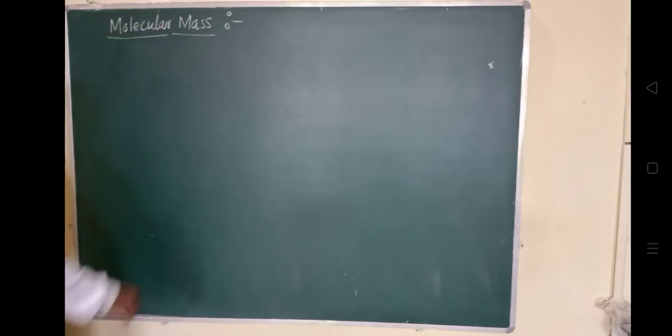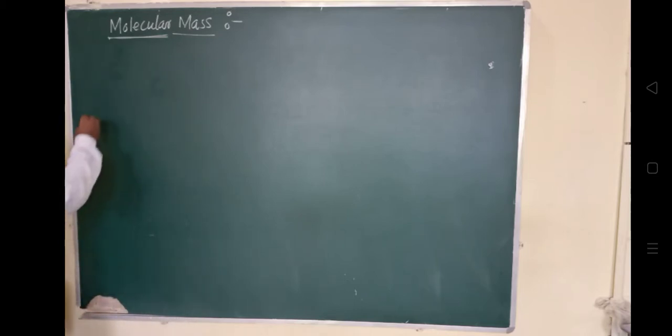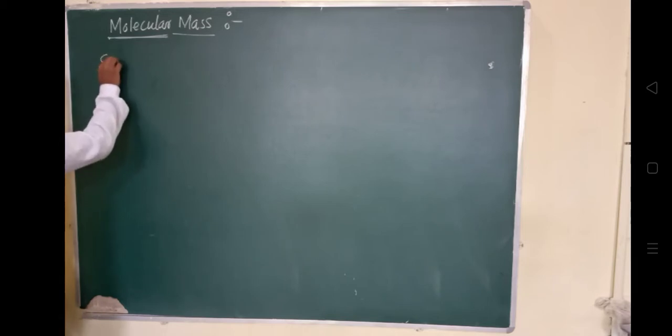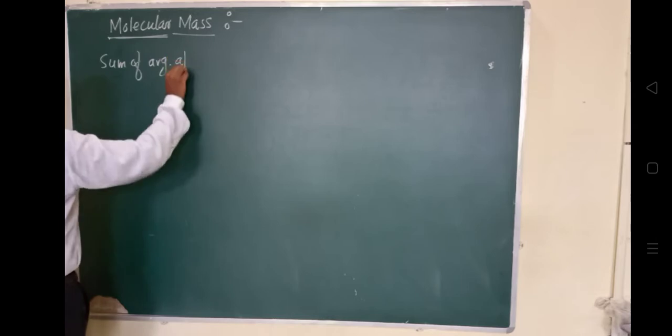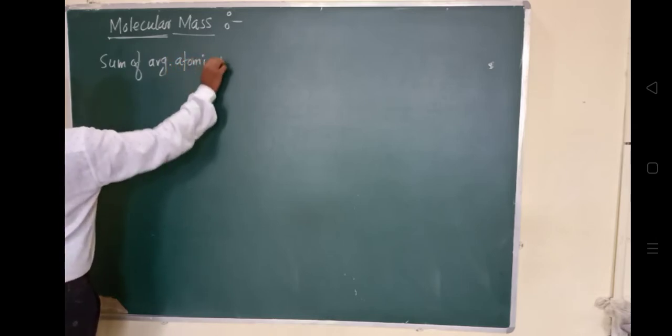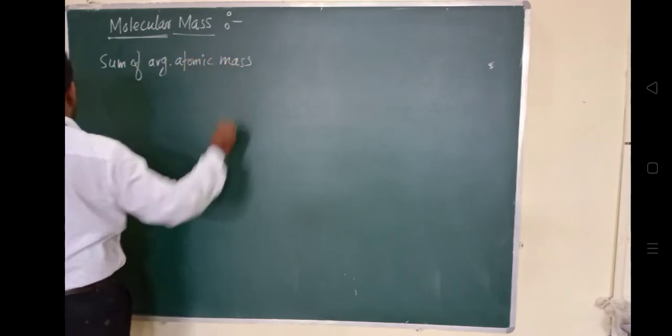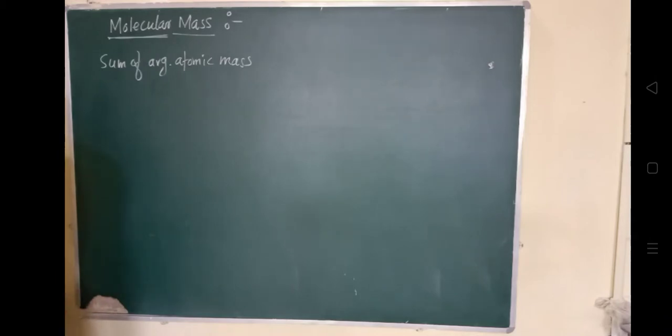That is why the name is given molecular mass. So the molecular mass of a substance is a sum of the average atomic masses of all the atoms